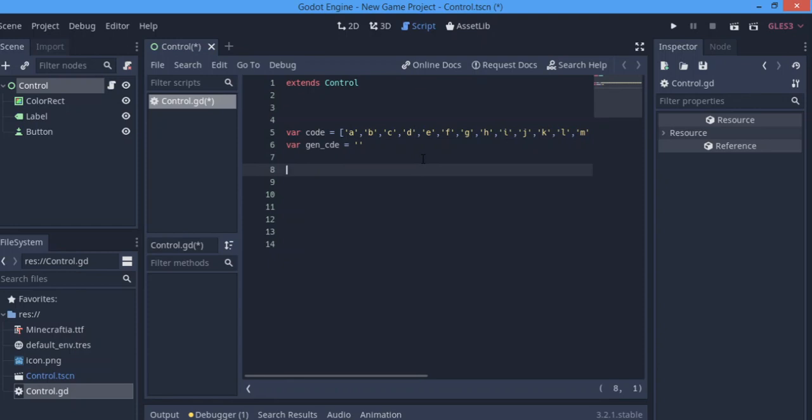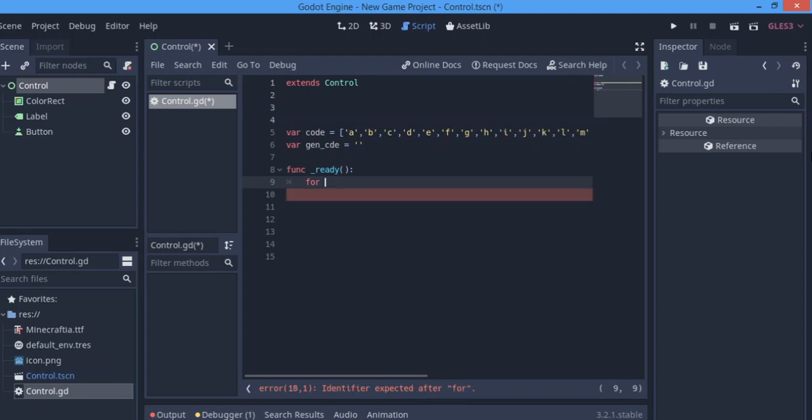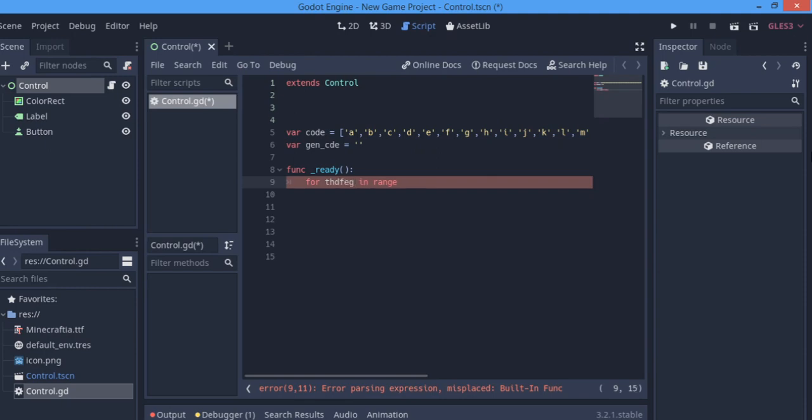So what we're going to do is use the ready function, a built-in function, and in ready we are going to use a for loop. So we're going to say for, I'm just going to give this a random letter, for t in range. You can call this whatever you want, but I'm just going to use t. So for t in the range, now this is where you're going to type in the number